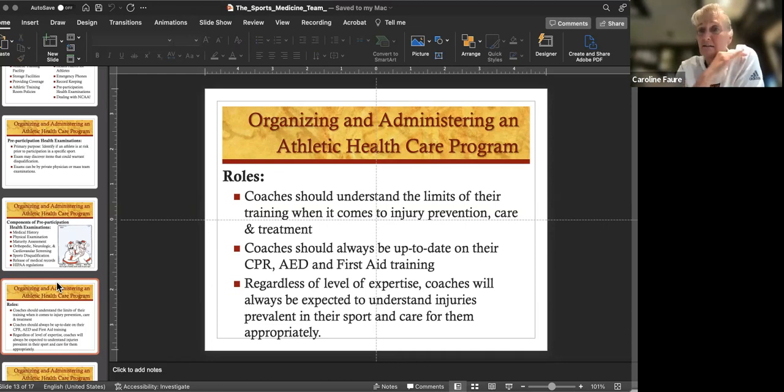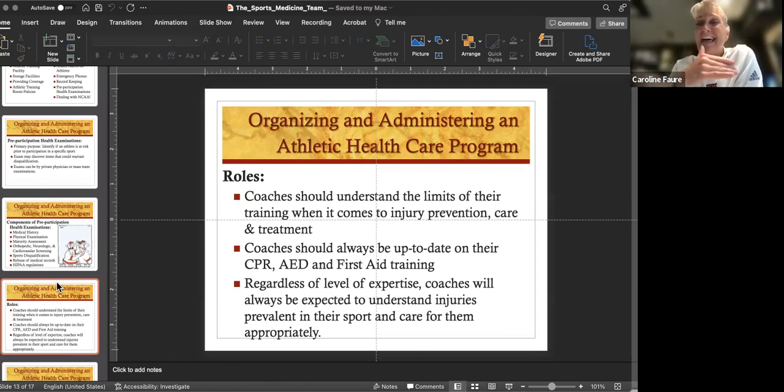I could cite off a number of court cases where the coach was found liable for an athlete whose injury wasn't properly cared for in the first place, or a coach who did not refer an athlete with an injury to a medical authority.